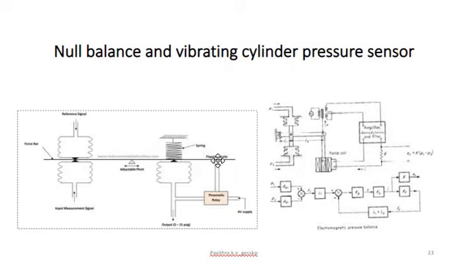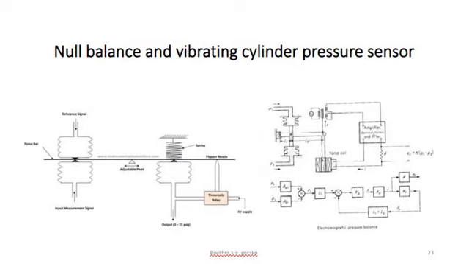This flapper will move towards this nozzle, and as a result the output from this bellow will go on increasing, or a displacement takes place here, and this displacement is recorded, and this displacement will be proportional to the input measurement signal. And this output displacement will go back to normal when the equilibrium of this force bar is re-established.